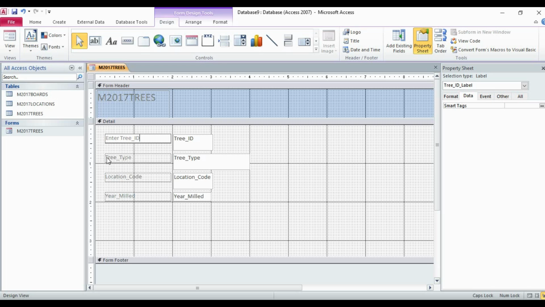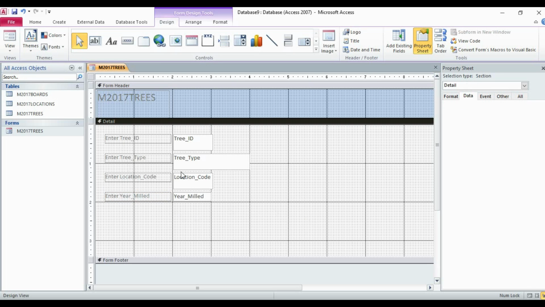Now here, because this is not a drop down, so enter tree type, then, sorry, enter location code, then here enter. This is completely up to you how descriptive you want to make, but make sure that the field name size should not be very large. So now if I go to form view,